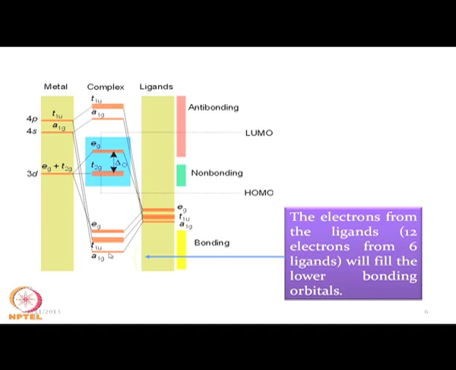So, all 12 electrons will come to occupy these 6 orbitals, and they are all filled. Due to these interactions, these are filled by the ligand orbitals, because they are of low energy compared to the metal ions. In the next step, the metal ion orbitals, that means the T2G level, will be filled